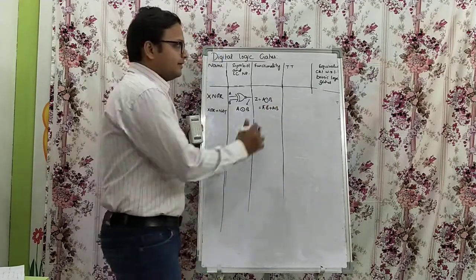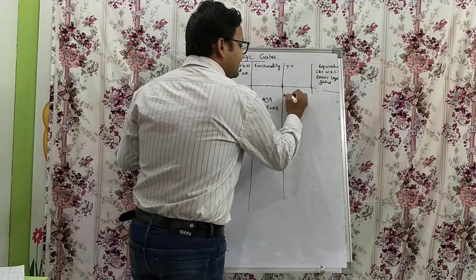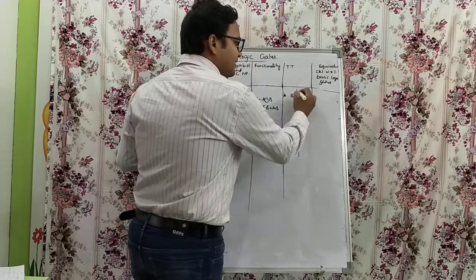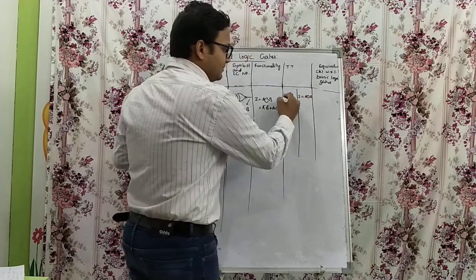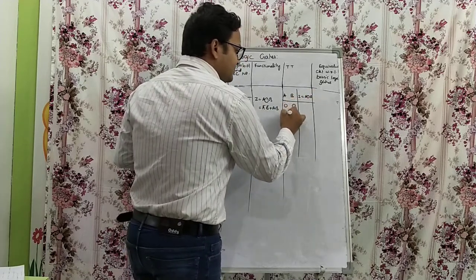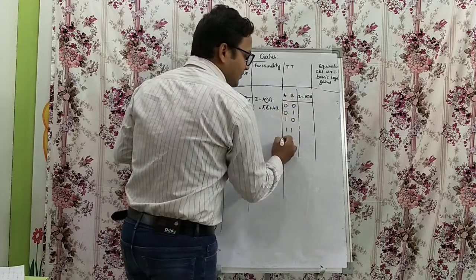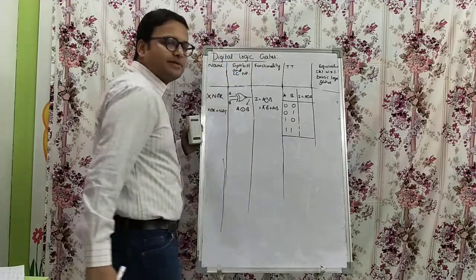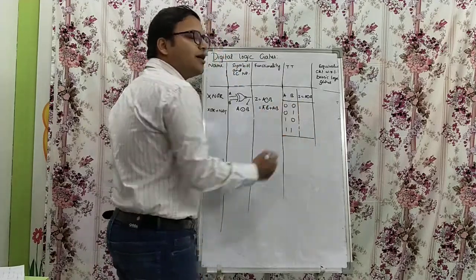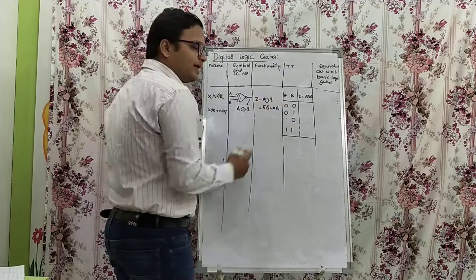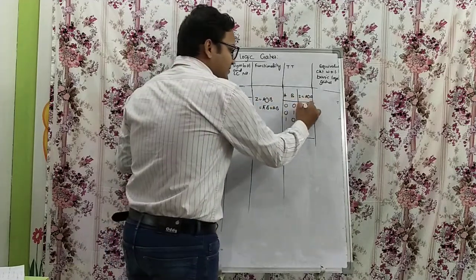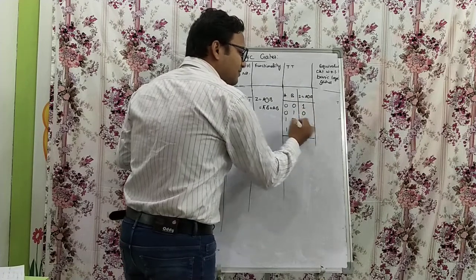Next, truth table. Obviously, it is two variables. So A B, which is Z equal to A XNOR B. A B: 0 0, 0 1, 1 0, and 1 1. Obviously, 4 combinations come up. It's just the opposite of the XOR. So wherever there is an even number of ones, the output resembles. So 1 0 0 1.